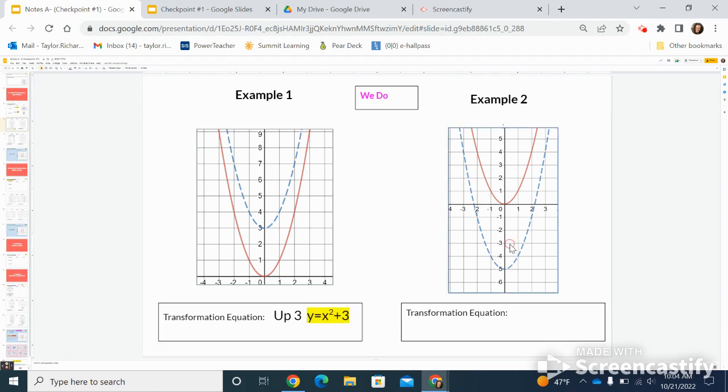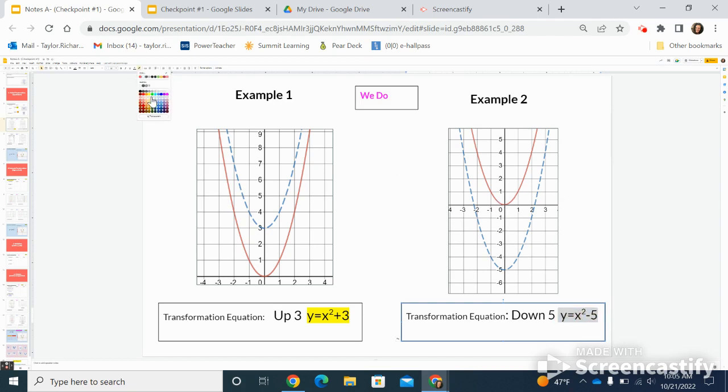My next one over here, example 2, again, always start at 0. So that's my red. And let's see, how did I move from red to blue? Well, I went down this time. 1, 2, 3, 4, 5. So I'm going to first type in that I went down 5. And then I need to make an equation that shows down 5. So I'm going to do my parent function first, y equals x squared. To show down 5, I do minus 5. So here's the equation that matches this transformation. Go ahead and go to the next